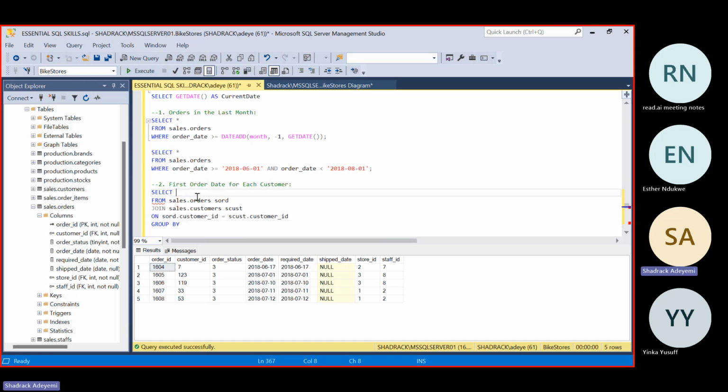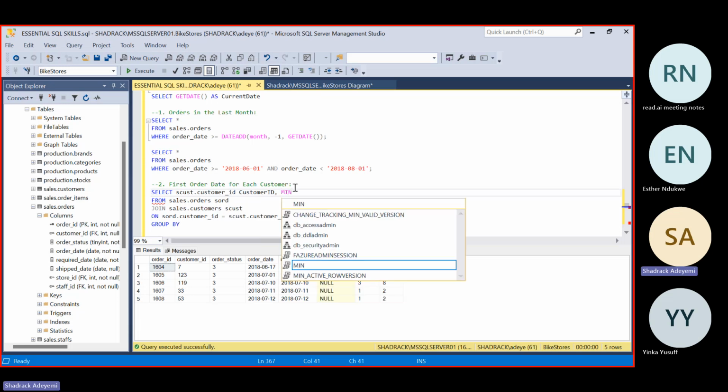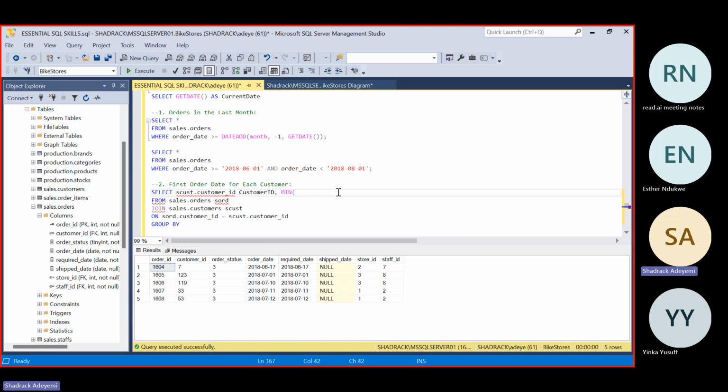Now, because we're interested in the customer information, I'm going to be selecting from the customer. I just want the customer ID and email. I'm going to name this as customer ID. And then what else am I interested in? The min, because we want to know the minimum date that an order was placed.